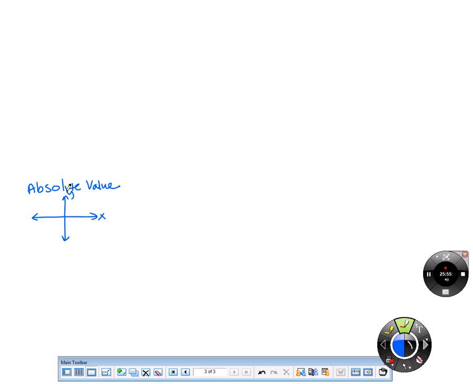Okay? So the parent function looks like a V. And I'm going to identify a few key points. When we learn each new function, we're going to memorize what shape it looks like, and we're going to learn a couple of key points. But once we have those key points, if anyone changes our function with numbers, we're just going to stretch or compress, reflect, shift, translate those points around the graph, and we're going to have the new graph very quickly. So a couple of things that I would point out is that the vertex is at 0, 0,